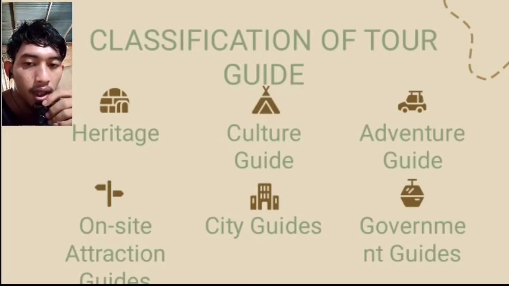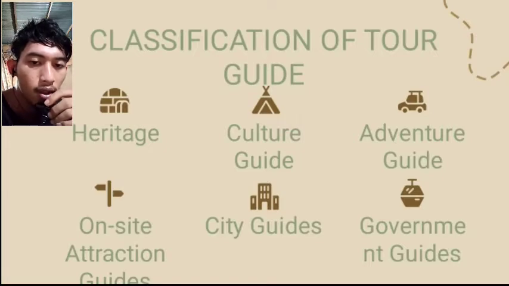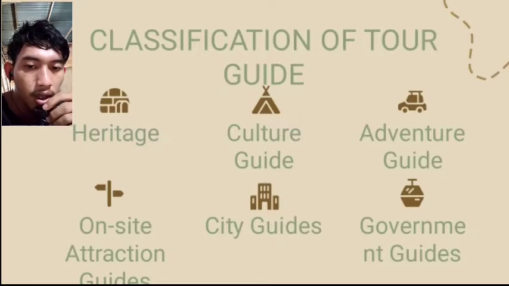And then the third, adventure guide. An adventure tour guide is a trained person hired to guide travelers through designated areas while on an adventure vacation. These guides may work independently or as part of a tour guide company. The job of an adventure tour guide entails working with small groups of like-minded travelers. Group tours may be scheduled for singles, couples, or families. Number four, on-site guide. These tour guides are specific to one or a limited number of venues, attraction, park, garden, or destination. On-site guides are responsible for meeting and greeting tourists on arrival, and also managing tourists and visitors while they are on